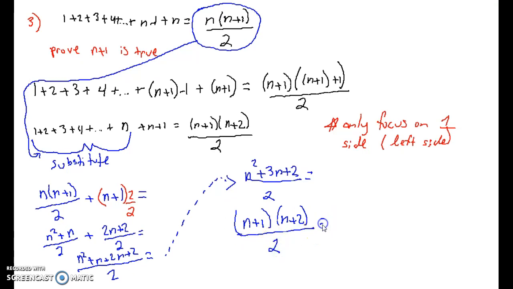Once I've done this, I want to make the right side equal the left side. So I'm going to rewrite it exactly like this. And since I have proved that the right side equals the left side when I plugged in n plus 1 everywhere I saw an n, I know that by conclusion,